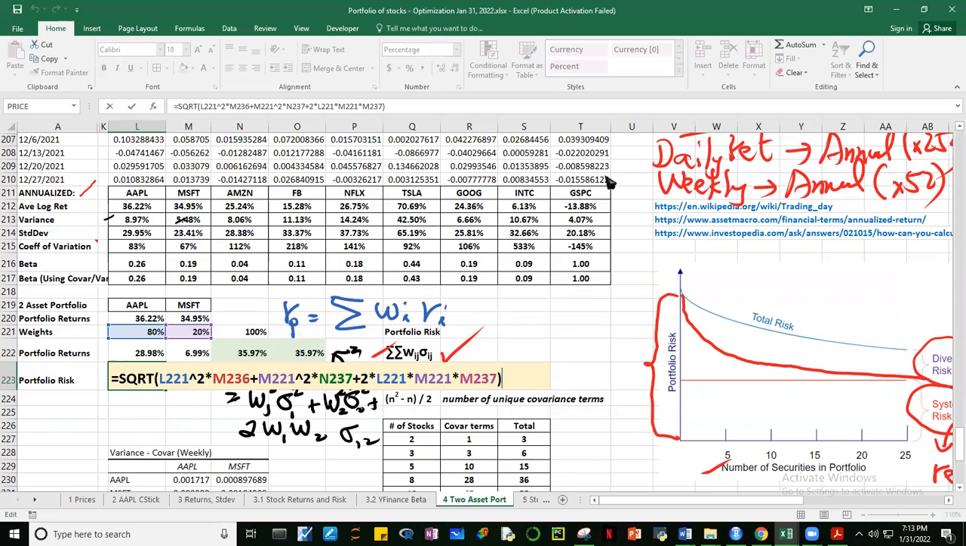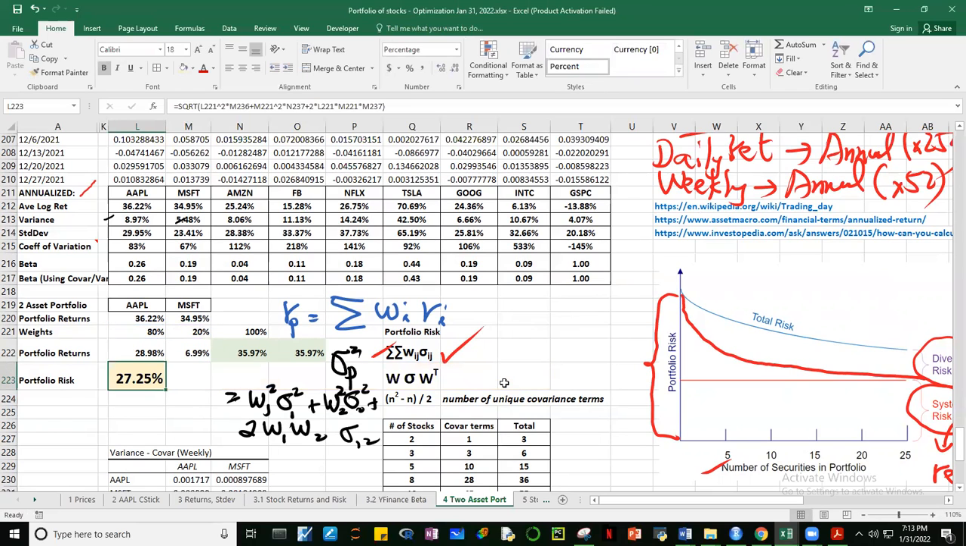Okay, any questions, guys? If no questions, let's compare. What is the risk of Apple? 29.25. What is the risk of Microsoft? 23.41. What portfolio risk did we get? 27.25. Mukhang